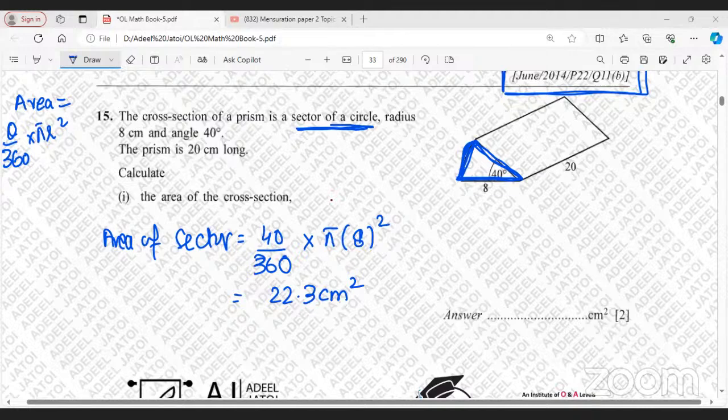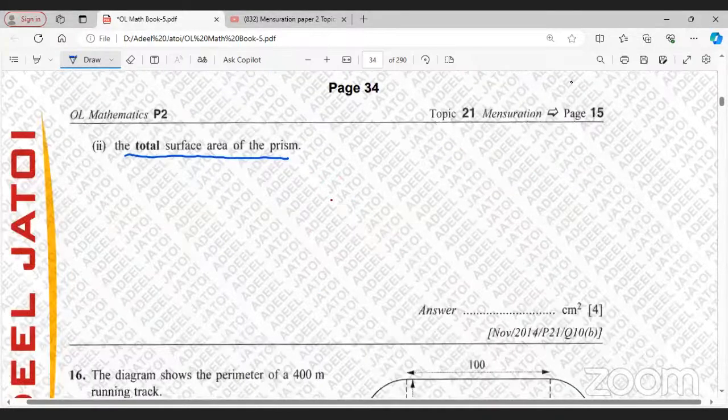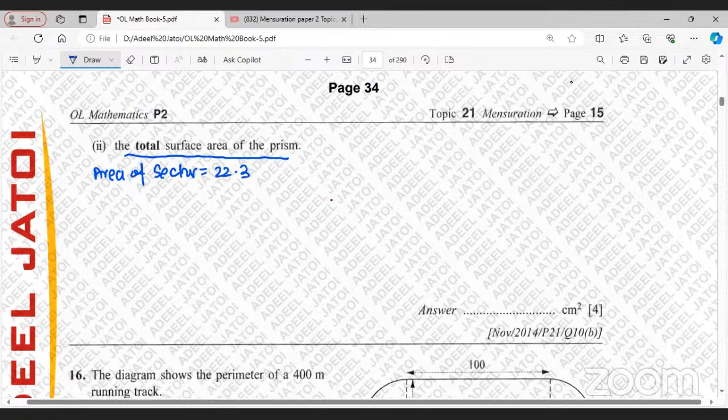We're going to go about this: your area of sector, when we calculated, was 22.3. So this will be multiplied by 2, right? Then you have two rectangles. So 8 into 20 multiplied by 2. And there is a curved surface area,